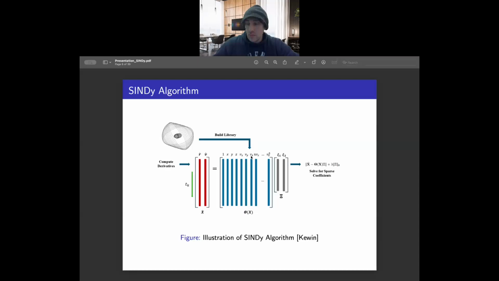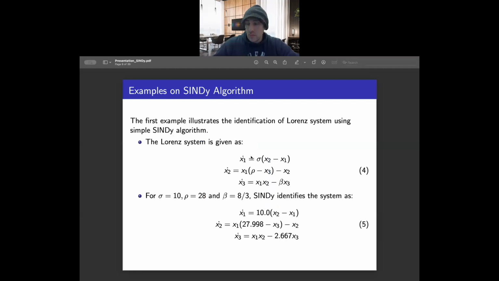So these vx, vy, vz represent different nonlinear functions. They are not any kind of derivatives here. These are just simple nonlinear functions that we are using in our augmented library. So this is the representation of the basic SINDy algorithm, which gives you the idea about how it works. After that, these are the examples that we constructed while working on this project.